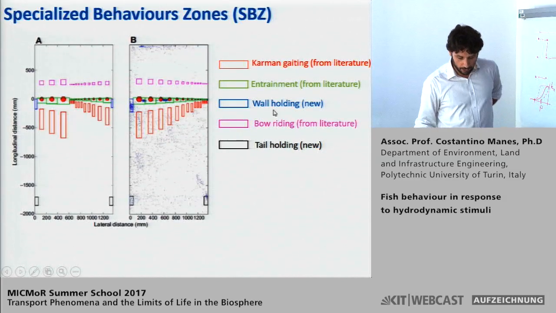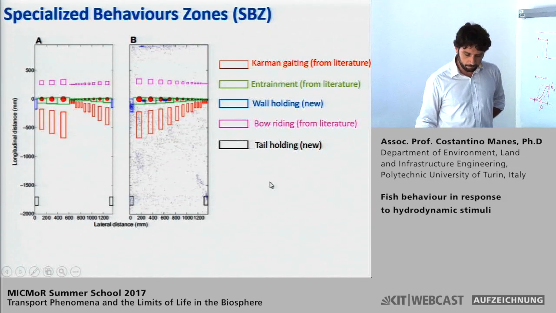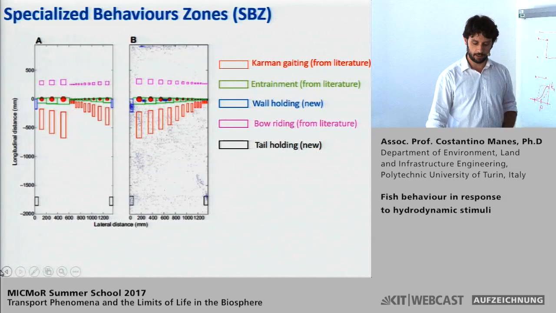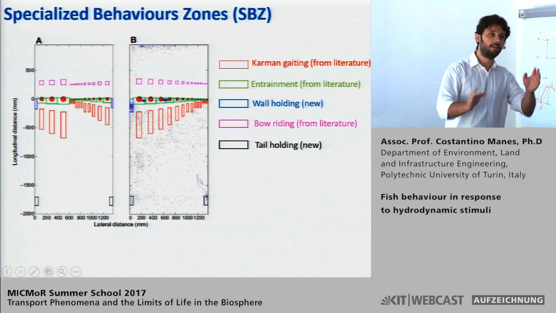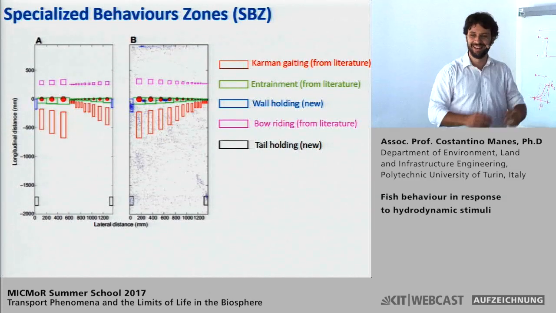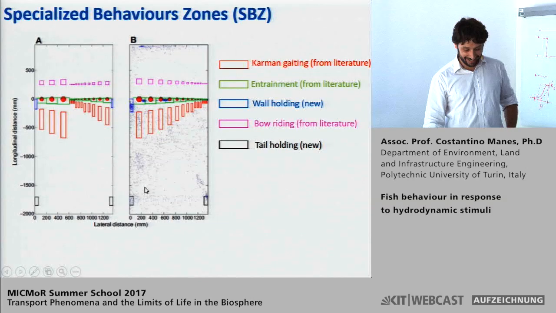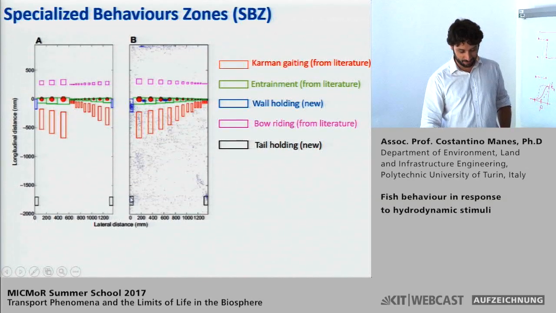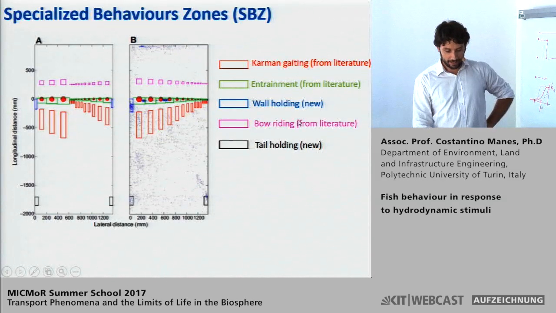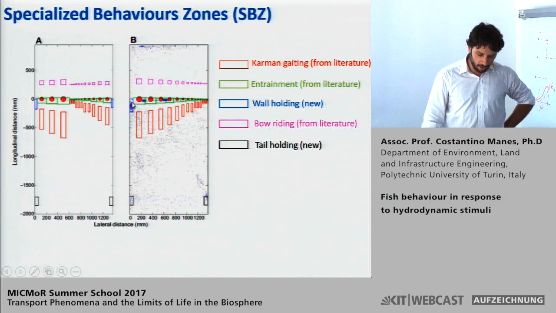We also observed some new strategies. One is tail holding, which is pretty trivial. Essentially, some fish were very, very lazy, and they would put their tail against the downstream screen and their head against the lateral wall, and they would stay there without moving. So that's not valid. And that occurred a lot, there was a lot of clustering of points here and here, identified by the black rectangles. The other one, which is less straightforward, we noticed a lot of fish staying in this area,